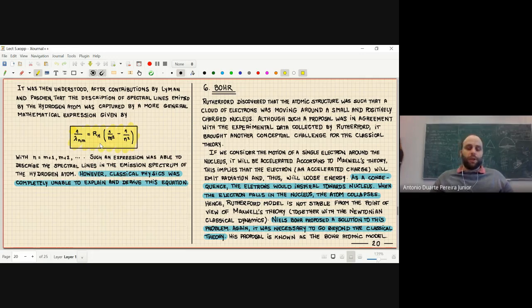Okay, so this is a difficult task, but let's start with the simplest thing. The simplest thing is to explain this equation from what we know from physics, what we know about the dynamics of the atomic structure, and try to find out if we can derive this expression. And the first step, and actually it was a very important step, was given by Niels Bohr. So Niels Bohr, I think it was around 1913, proposed his model.